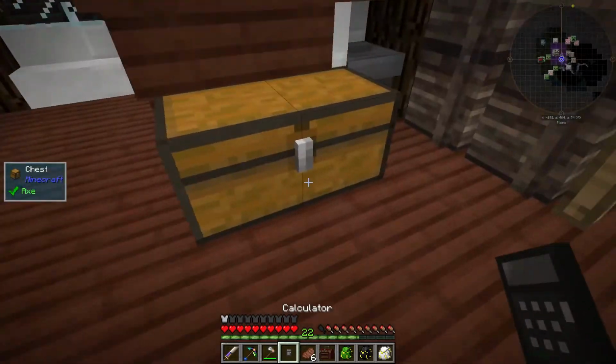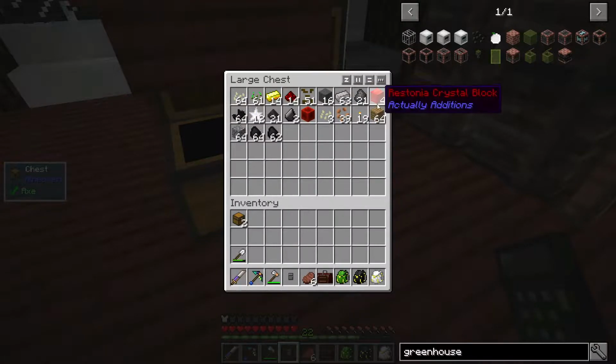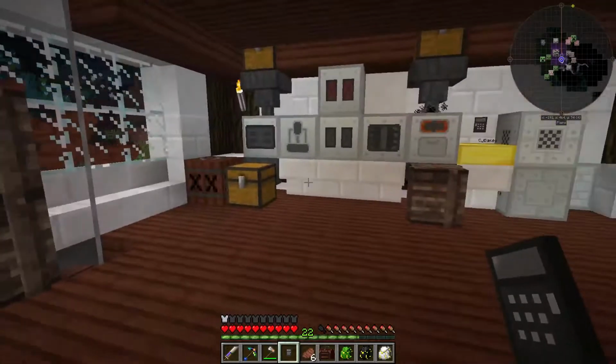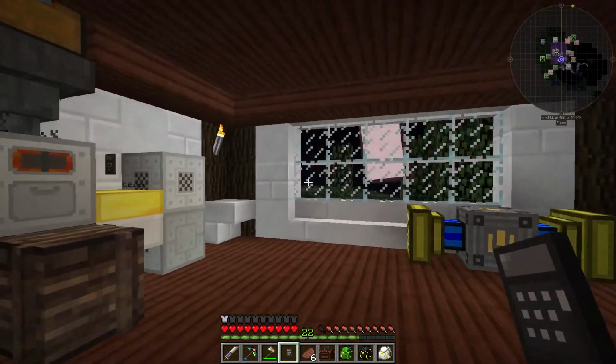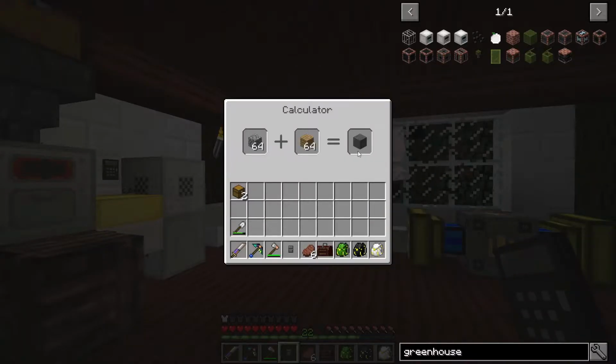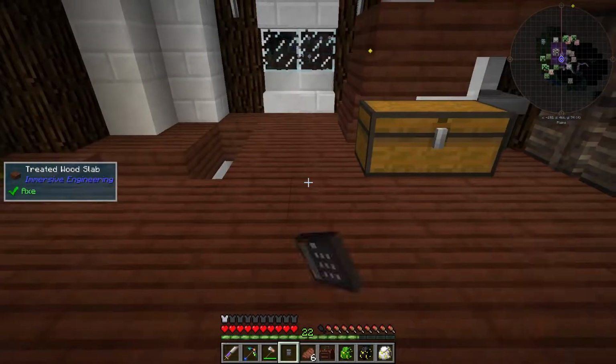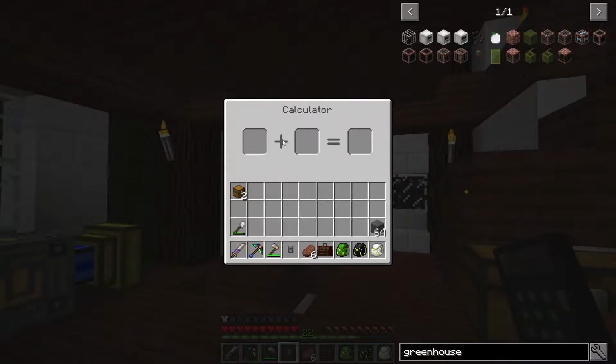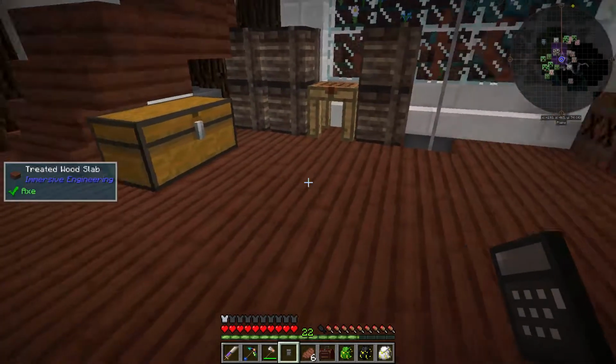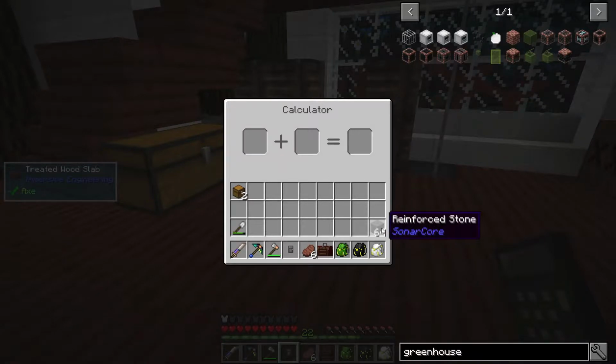So what I'm going to have to do first then, I have got some reinforced stone, but I want to make some more. Now with the calculator, you right click in the air, add in the items that you want to use, and then take out the reinforced stone. Not too sure how you change the calculation though, but yeah, so we've got the reinforced stone now,